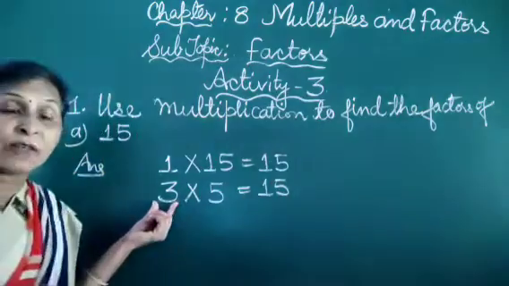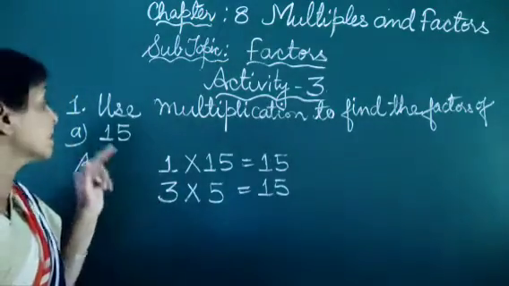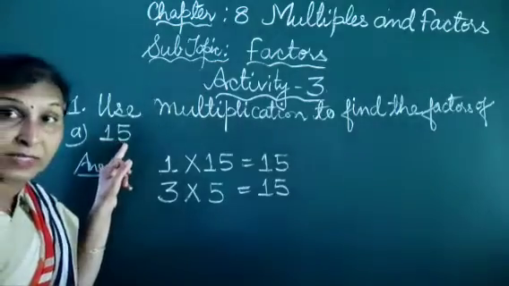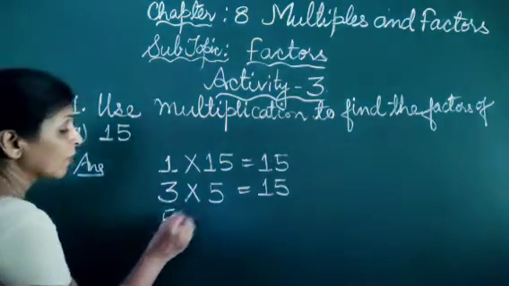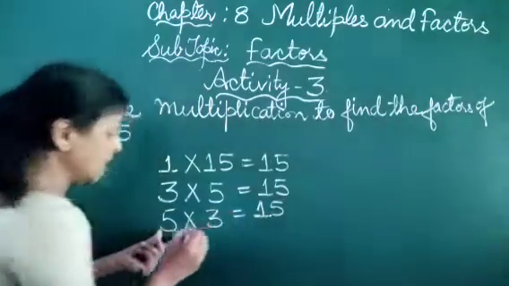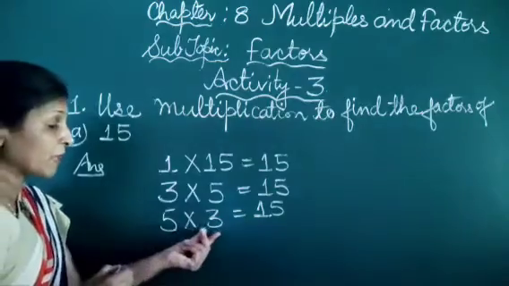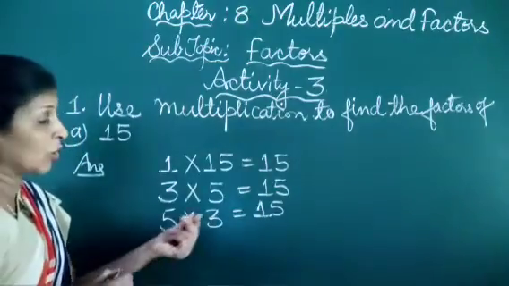So 3 is the factor of 15. After 3 we see 4 does not come in the table of 15, then we see 5 3s are 15. So we write here 5 multiplied by 3 equals 15, and 5 is the factor of